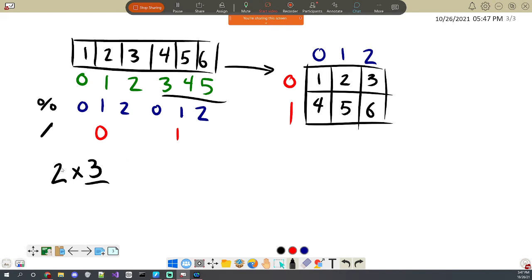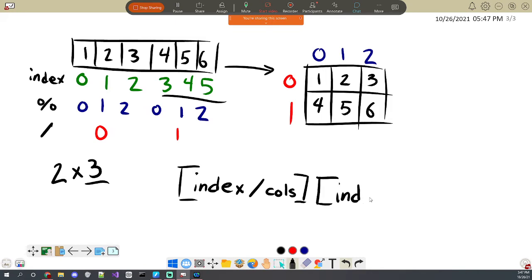So if we want to go the opposite on here, where this is the index into the linearized array, then all we have to do is take the index divided by the number of things in a row, which is the column count. And then after that, we take the modulo by the number of things in the column. Or sorry, in a row, which is the columns. This being our j, and this being our I. And this is the formula that's given in the rubric.